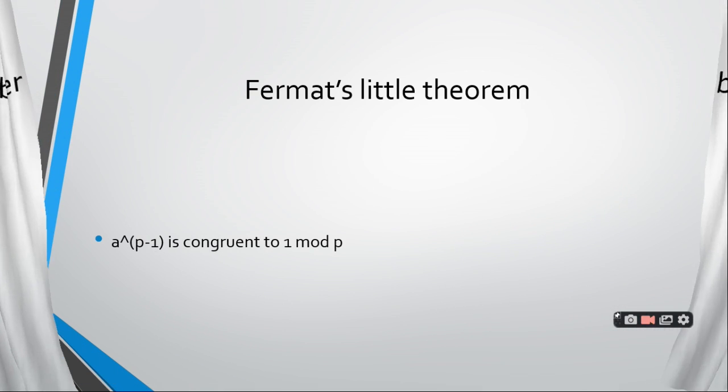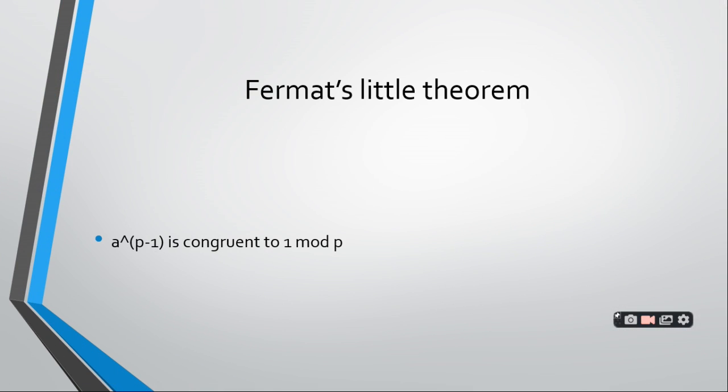So next we are going to Fermat's little theorem. In Fermat's little theorem, it is nothing but a to the power p minus 1 is congruent to 1 mod p, where p is a prime number. If you want to test that in constant time, you can use Fermat's little theorem. For any random a you can take, and if it satisfies, then p is obviously a prime number, because a is any random number. Okay.